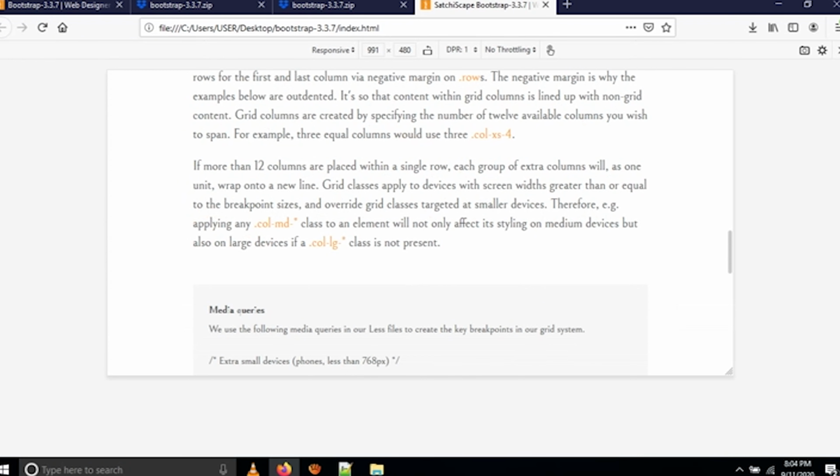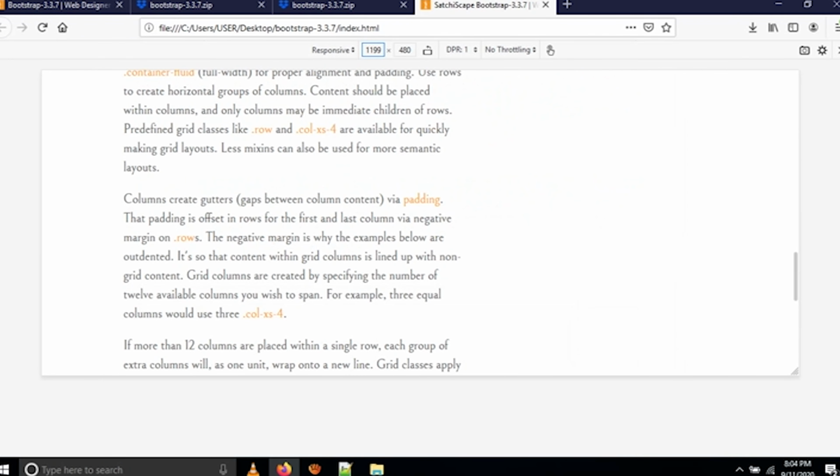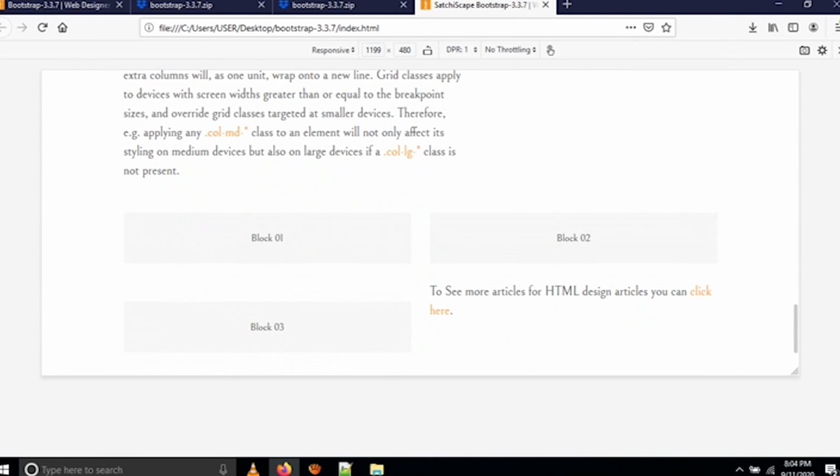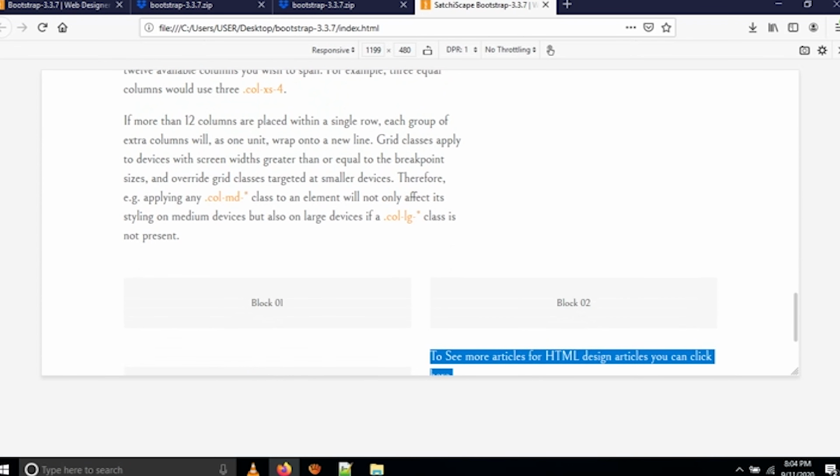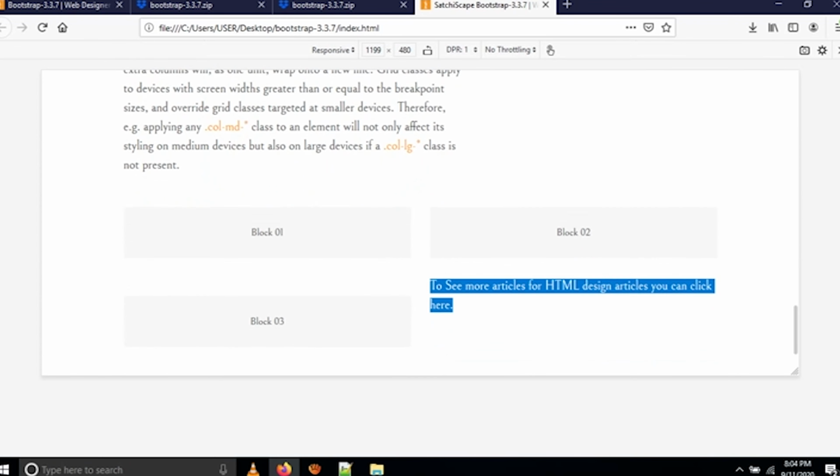Now we'll check in the 1199 responsive version. How does it come at 1199? See, 6, 6, okay, and this is 6, 6.